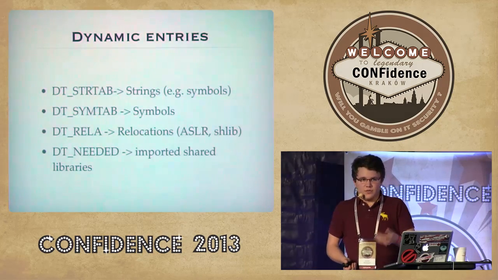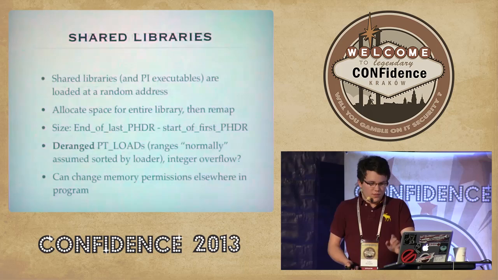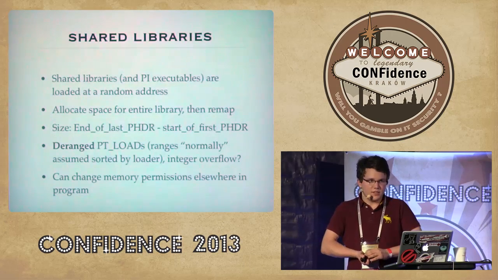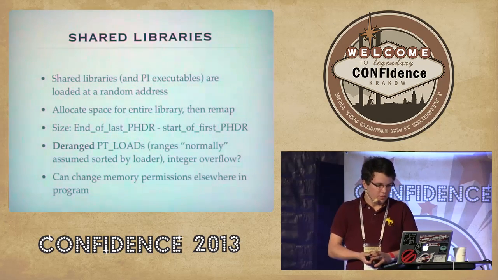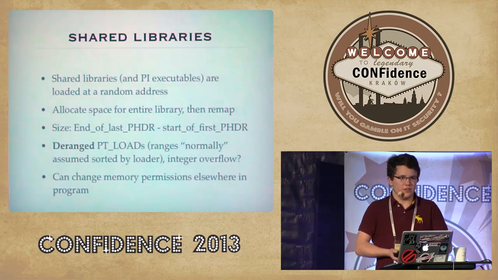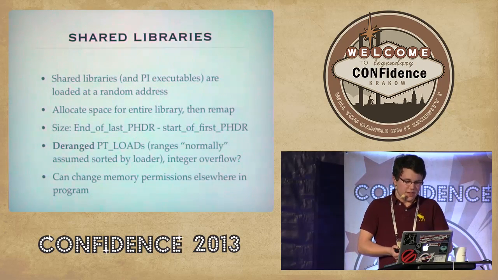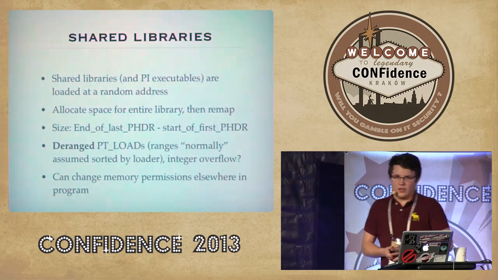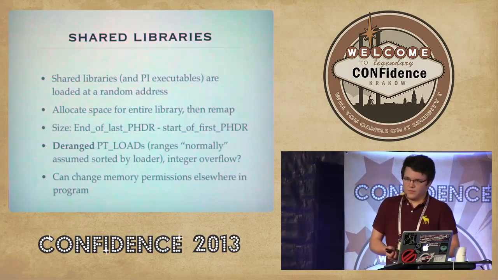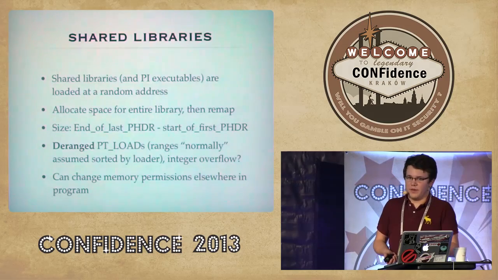And also a list of all the shared libraries needed to do this. These three tables are necessary to implement dynamic linking, which leads to a few other entertaining things. One of them is that shared libraries and position-independent executables, for example, used with ASLR, are loaded at a random base address. So the dynamic loader, when initializing the process and looking for all the dynamic libraries that you want to have loaded,